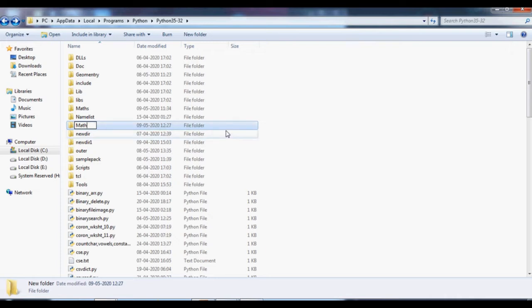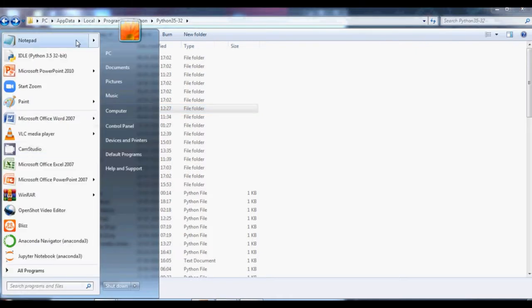I'm just creating a math package, and just give enter. You can see a math package has been created. Now, as the first step, I have to create an __init__ file in that. So just go to IDLE and open a file.